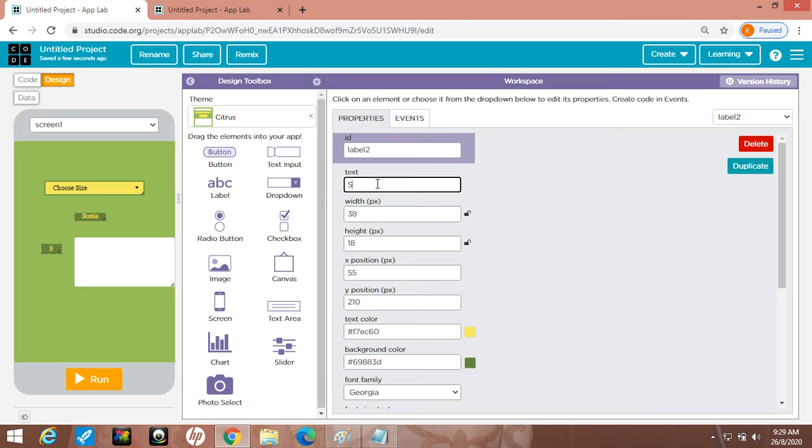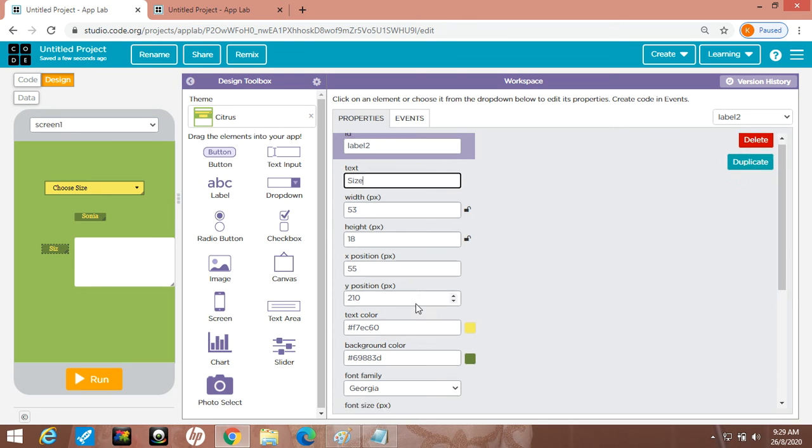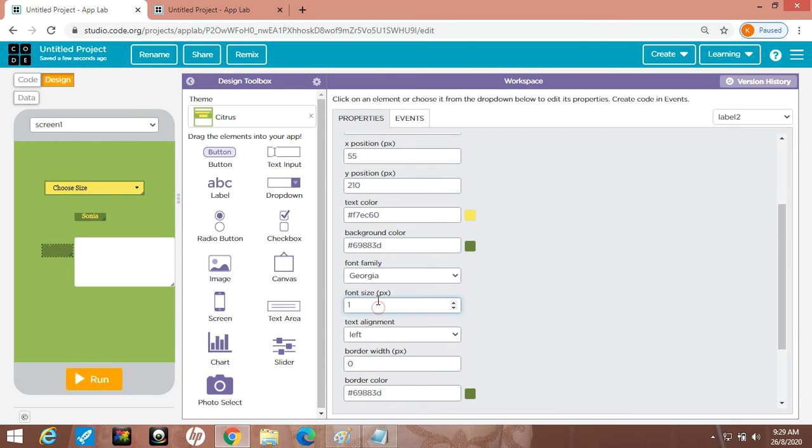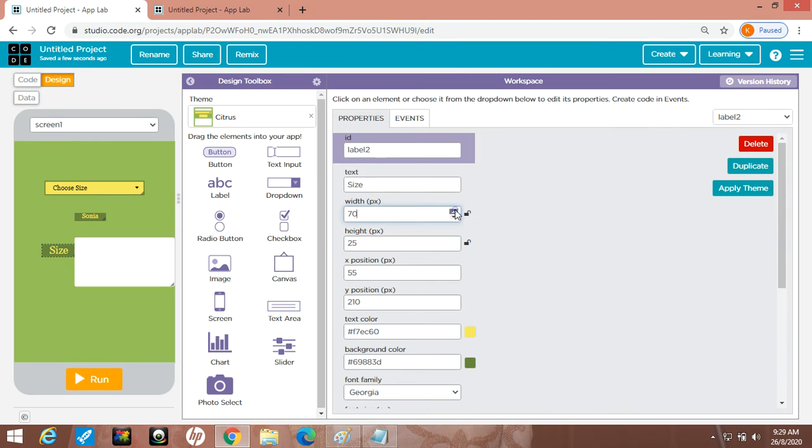Whatever size I am choosing, the value should appear in front of this text area. I am writing size here. I am changing the height and width like this, sizing 40, 80, and increasing the width like this.